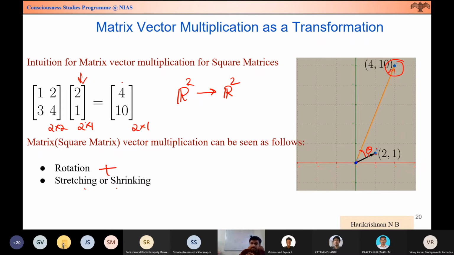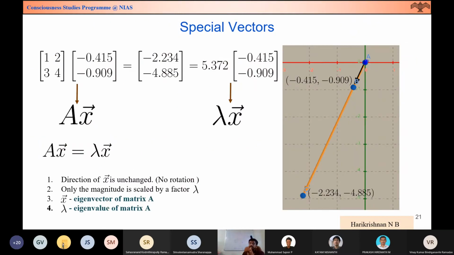But there are some special vectors which will not get rotated, basically. We'll talk about that. Let us take this particular example. A times this particular vector, minus 0.415 and minus 0.909. You can see that the resultant is minus 2.234 and minus 4.885, which is nothing but